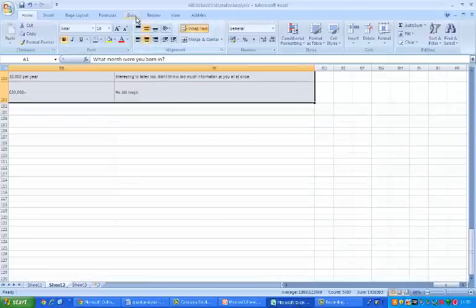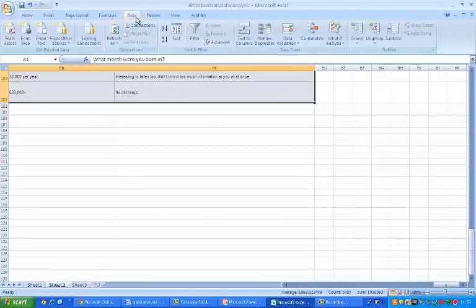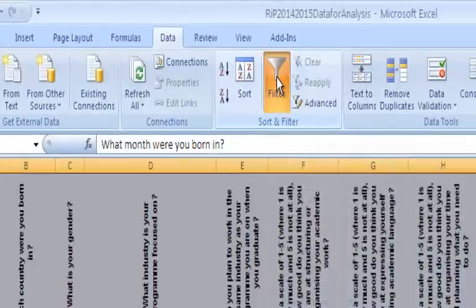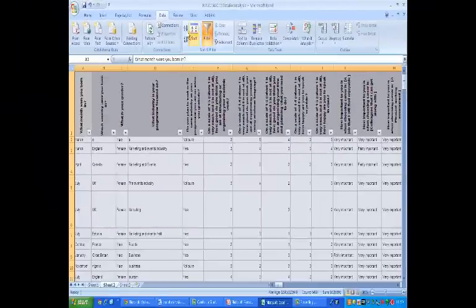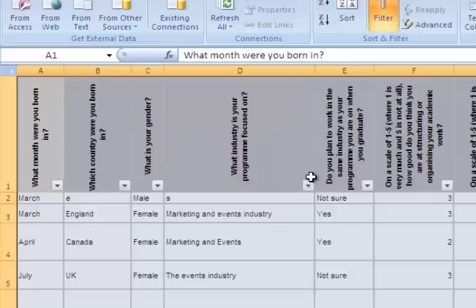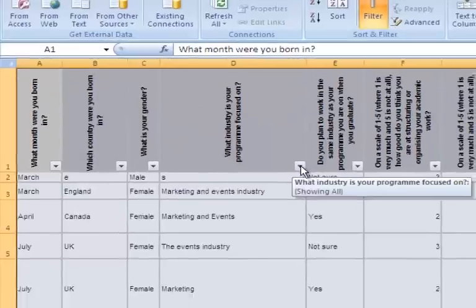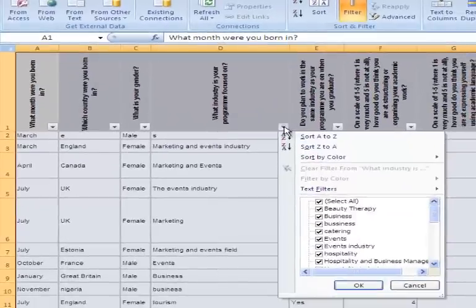And I use the data function on Excel to filter. And what that does is it puts a little arrow on each column. The column I'm interested in, as I said, was D. So if I use the little drop down arrow for column D, you'll see that it groups all of the